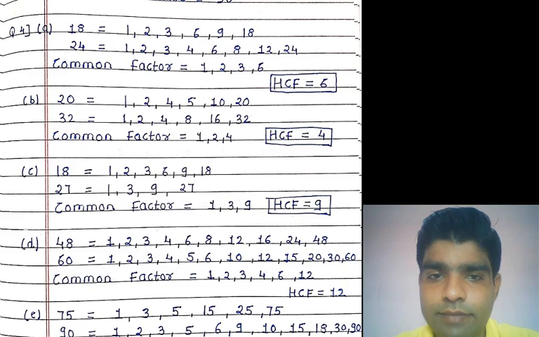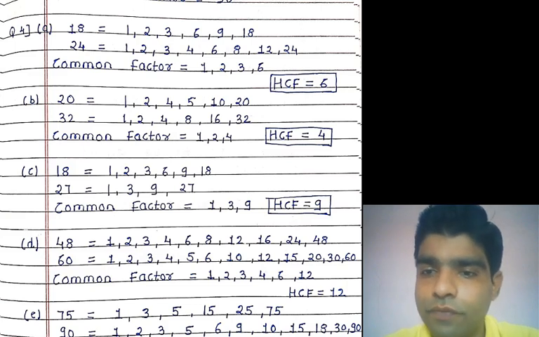The factors of 18 are 1, 2, 3, 6, 9 and 18. Definitely 1 also comes here, because 2 nines are 18, and 3 sixes are 18, because 18 is already discussed. Okay, now next we have to find the factors of 27. Here 1 is also there, because 3 nines are 27, and 9 threes are 27, and the last one, 27, is also a factor. It means that the factors of 27 are 1, 3, 9 and 27.